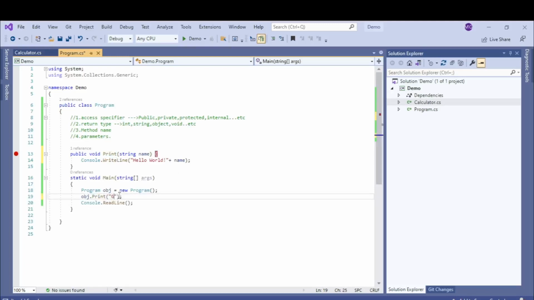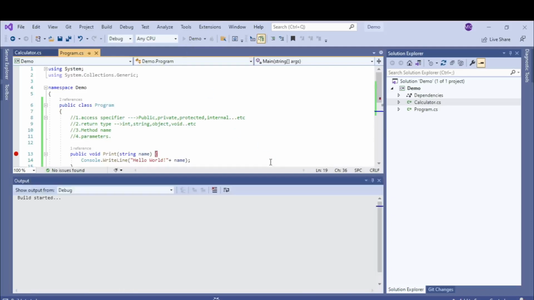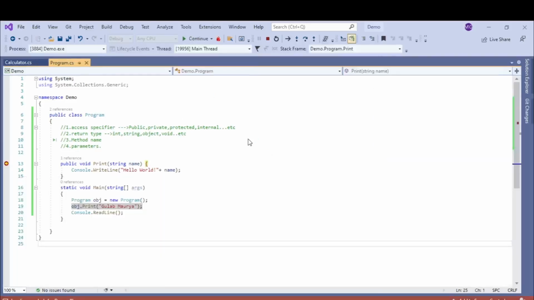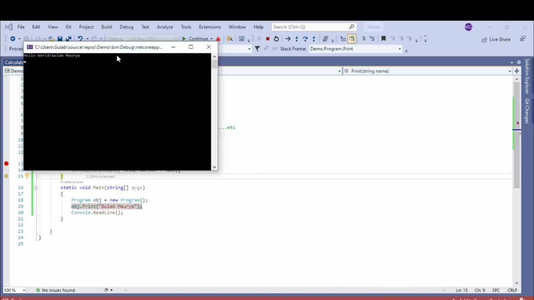This data will be Gulab Moria. Now let's run it and see. See, the control has come. I have passed Gulab Moria from here, and it should print hello world Gulab Moria.